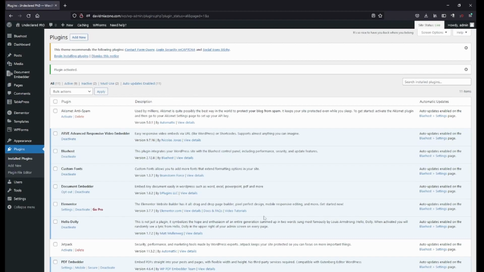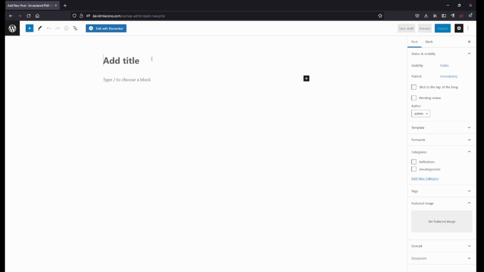And then this is going to bring you back to your list of plugins you already have. That means you don't have to do anything here. You can see it is right here, but you do not have to do anything with it. Go ahead and we're going to create a post this time. Do PDF